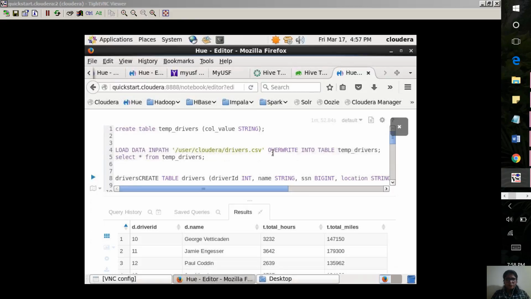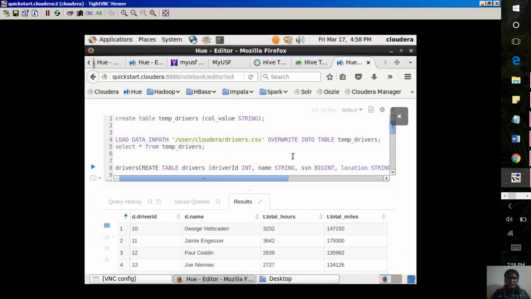Let's summarize what we have done till now. We have created a table, created another table, we have extracted the data from one table to another. We have used queries like create, load, group by, select, on and join from my